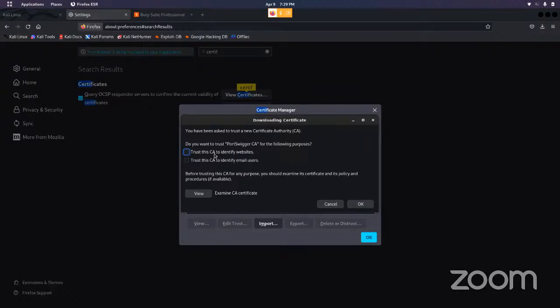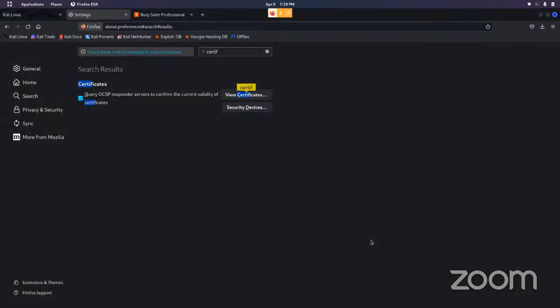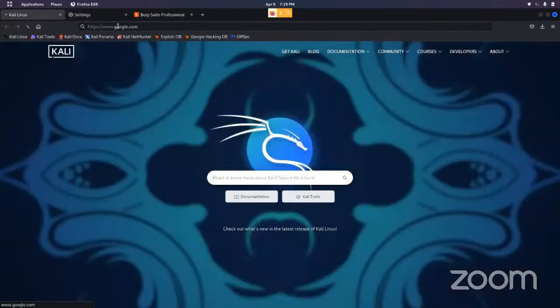So we are allowing this CA, the CA of Burpsuite, the authority of Burpsuite. We are allowing it to be trusted. We are just telling our browser to trust this CA to identify all the websites as well as email users. If you also want to test for the email user, right? So I want to test for website and email user also, and okay. Now if I try to visit any of the websites,